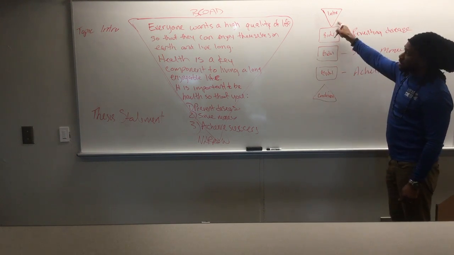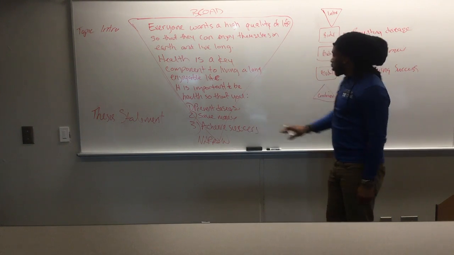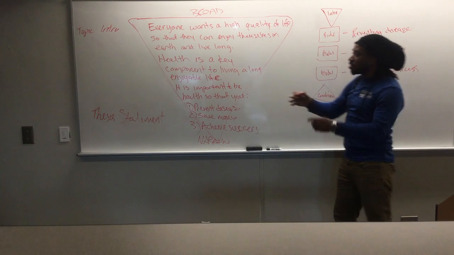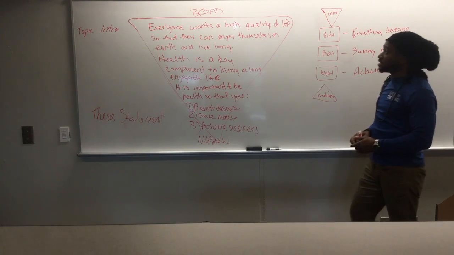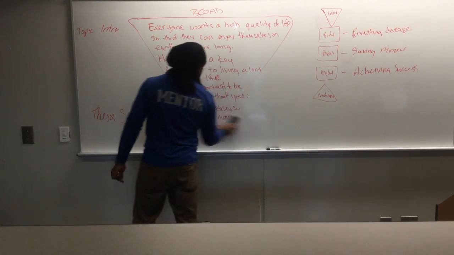And lastly, we're going to do the same thing we did here, but we're flipping it. So instead of going broad to narrow, we're going to go narrow. We're going to say one thing about here, one thing about here, one thing about here. Then we're going to broaden it out and say this is how you can live a healthy, long life. Okay? So we'll get into the body,